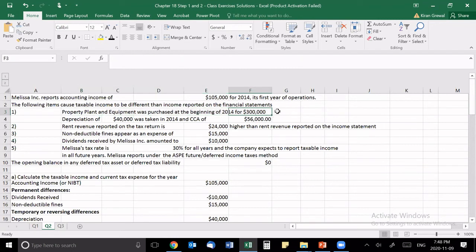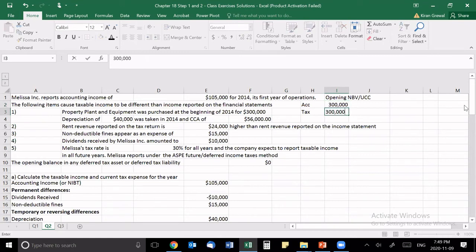Okay, so we know that this is the first year of operations as well. So we know that this asset hasn't been depreciated yet. Depreciation of 40 was taken and CCA of 56. So we know our opening, I'll just do a quick chart here. So our opening net book value, or UCC, is 300. So if we do it for accounting and do it for tax, just to find out what our ending one is, so we know what our tax basis and accounting basis is. So 300,